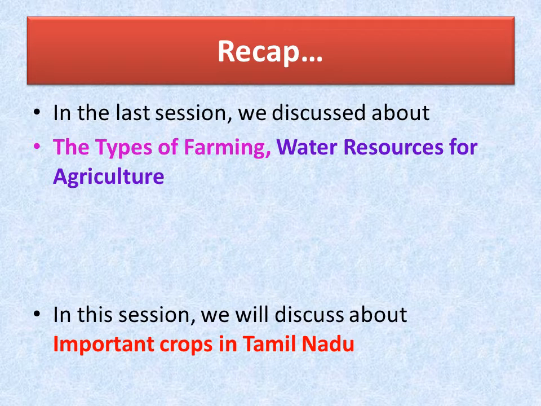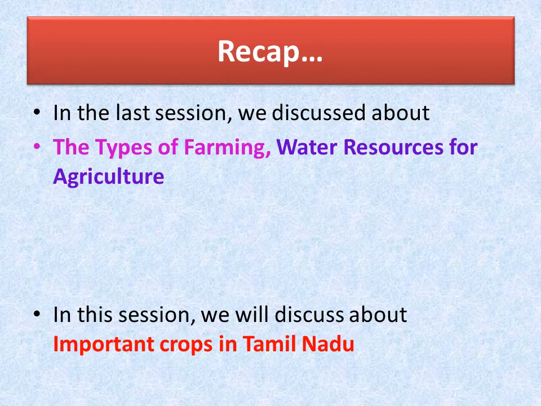We also learned about the water resources for agriculture. Tamil Nadu has no perennial rivers and our state depends on northeast and southwest monsoon. Hence, agriculture in Tamil Nadu is dependent on groundwater. The Central Groundwater Board or CGWB monitors the level and nature of groundwater. We also learnt about irrigation and its types. Irrigation is the supply of water to land or crops for the purpose of agricultural production. The different types of irrigation are well irrigation, canal irrigation, sprinkler irrigation and drip irrigation.